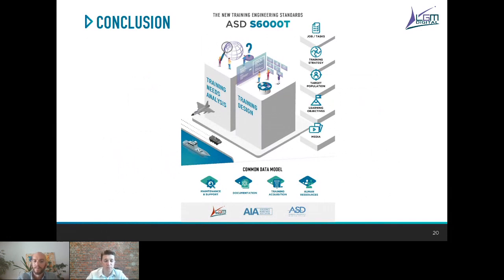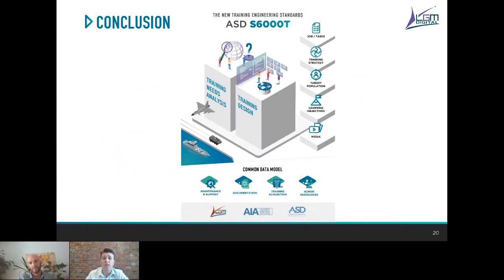So we know the SAT specification, the systems approach to training. Indeed, sir, it is based on the ADDIE model also. So this model is used in other methodologies. For example, in NAVETRA, a part of the NAVETRA methodology is also based on ADDIE. In SADL, systems approach to defense learning, it's also based on this methodology. So we have to make the difference between a methodology and this specification.